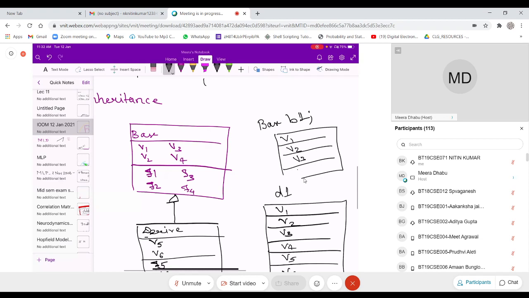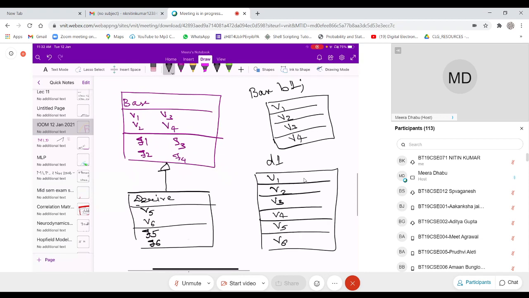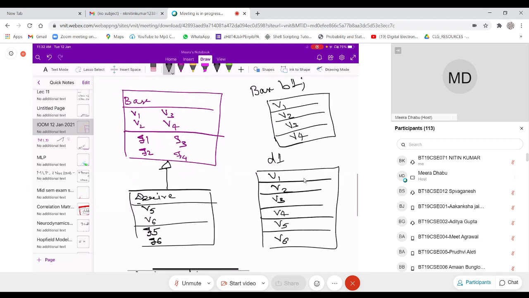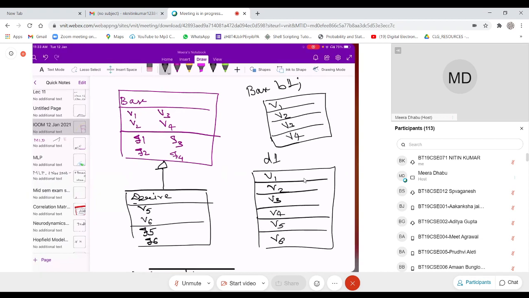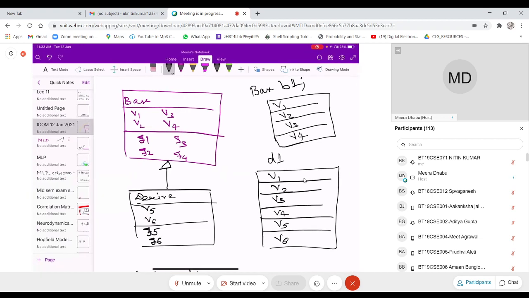So this means that the derived class, which is derived from the base class, will inherit all the data members and member methods of the base class. This base class is nothing but a parent class, and the derived class is called the child class. This is also one beautiful feature of the object oriented methodology.